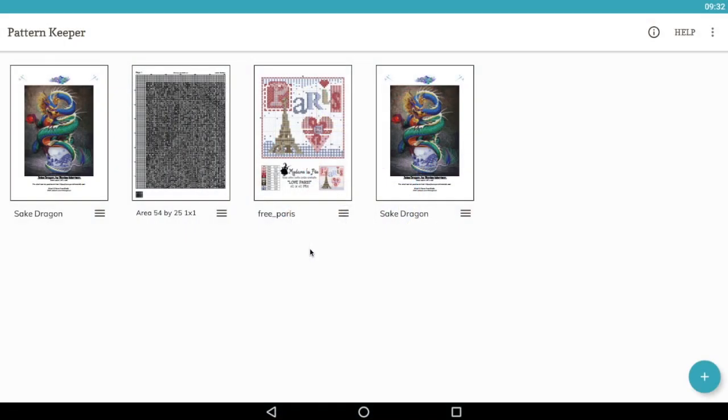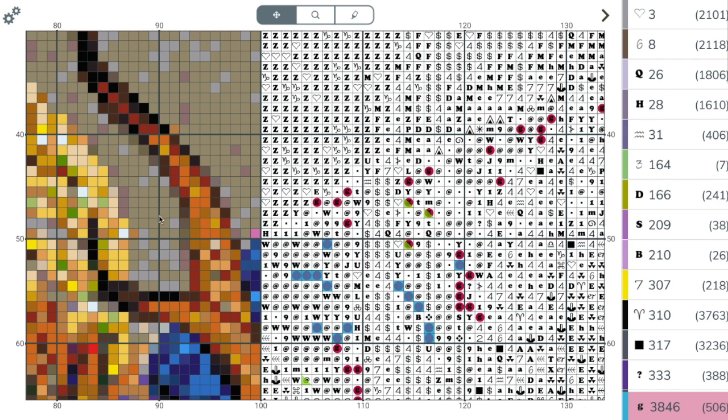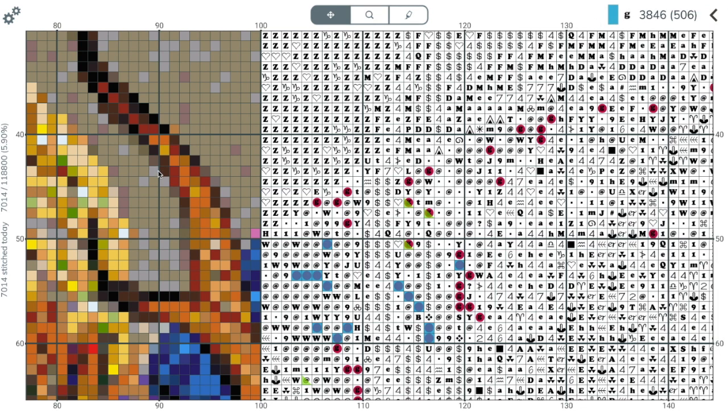Welcome to this Pattern Keeper tutorial. This video is around exporting and importing your progress of your chart. So we'll go back to Sake Dragon. This is the chart that I've been using in some of the previous videos, and we can see that